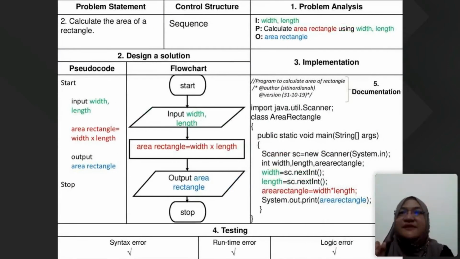This EZ-Prog technique integrates computational thinking skills. There are 6 components of computational thinking applied to each problem-solving step. The technique starts with writing the problem statement. After that, the student determines and underlines the output in blue and the input in green.